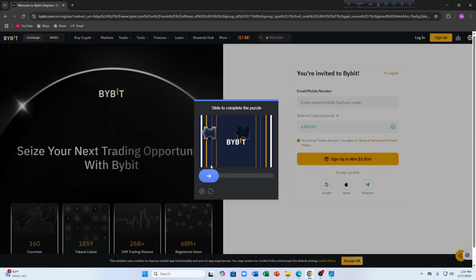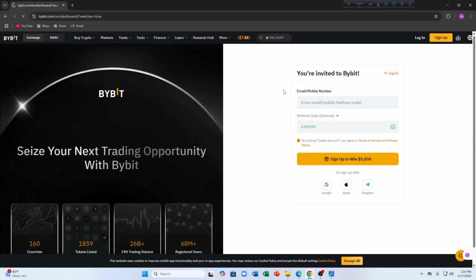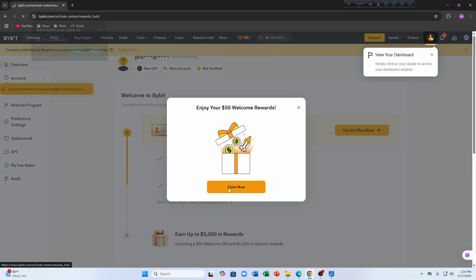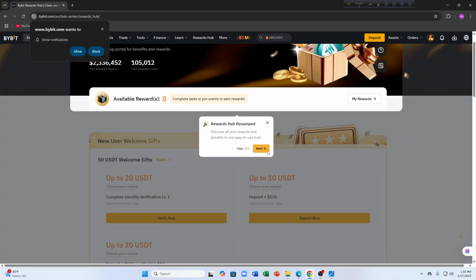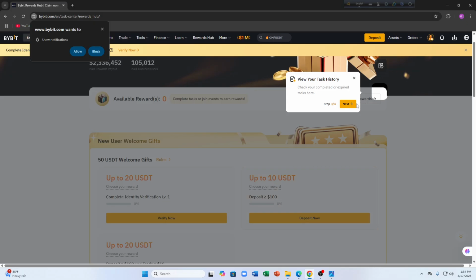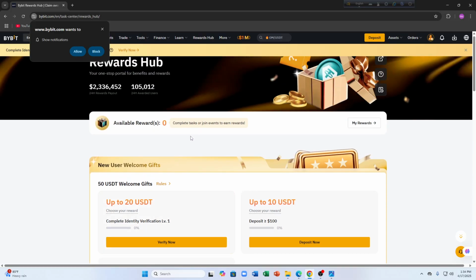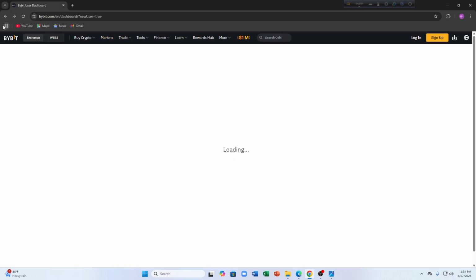Now you have to log in. Here you can see you can use welcome gifts up to 1020 USDT. So first log in,